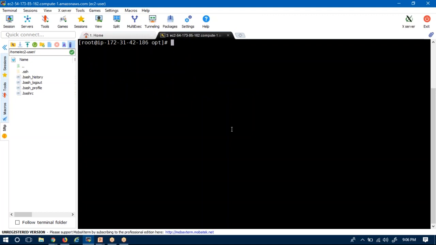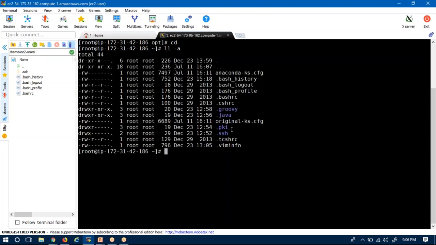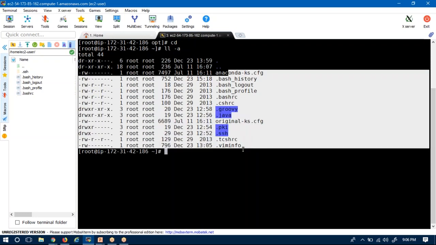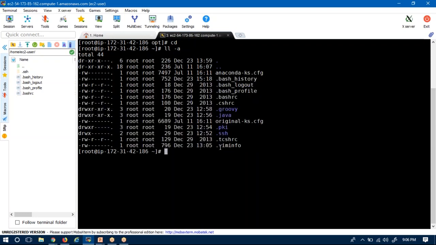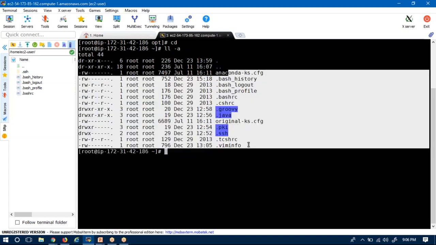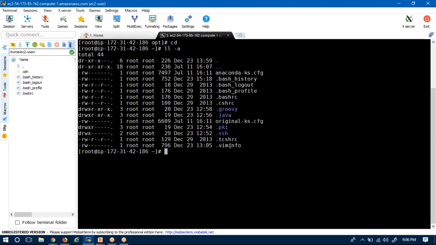Before going to that, I want to show that this is actually root's home, and here I don't have any .jenkins folder. Once you run your Jenkins server, then it will create the .jenkins folder, the home directory of your Jenkins.